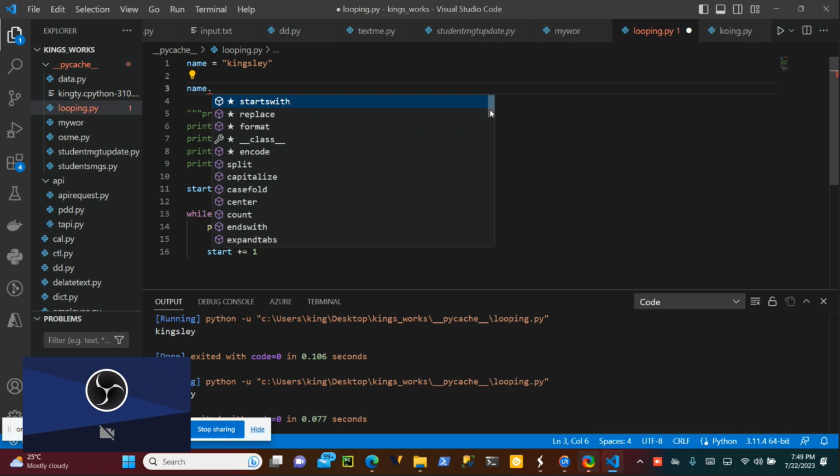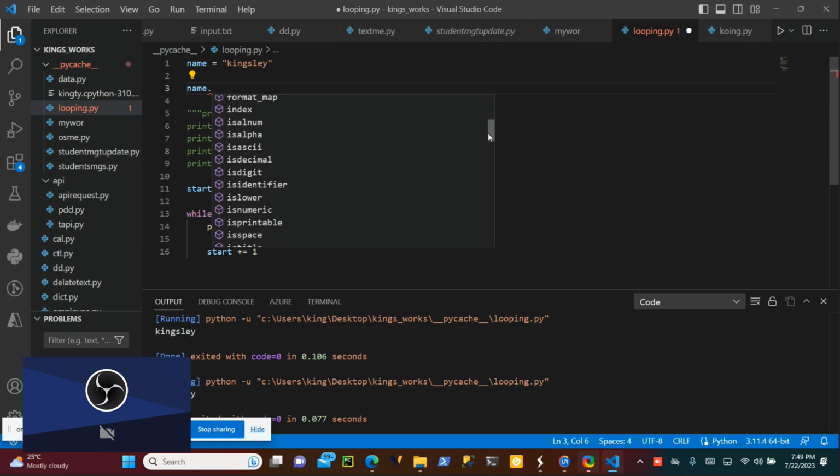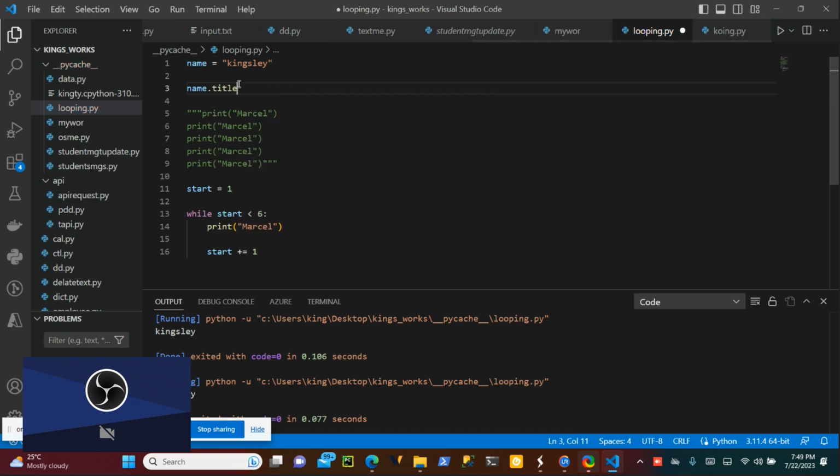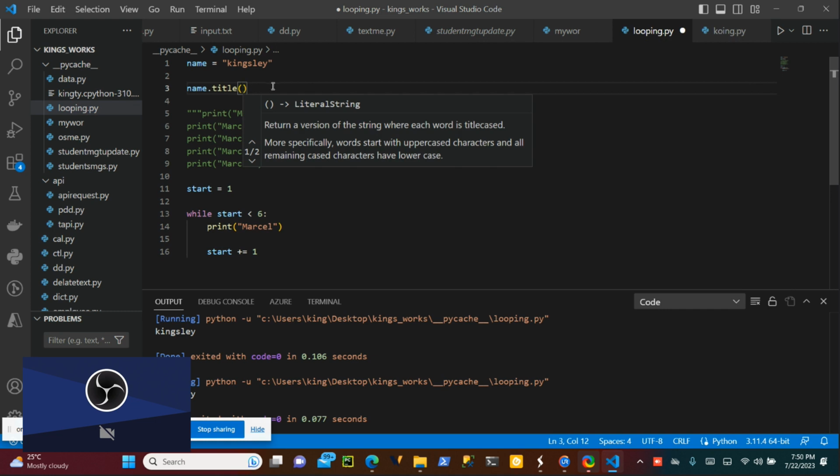Maybe I want to change it to capital title. So title, but as you keep doing it, you get used to it. Okay, you can change it to lowercase. I can change it to title and all those things. So these are what I want you guys to know. Okay. So title, if I come here, title means that I want to change the first letter here to title case. So once you run here, it's going to change this.